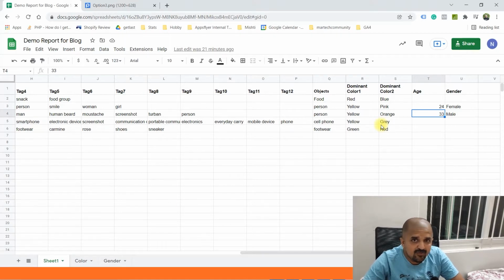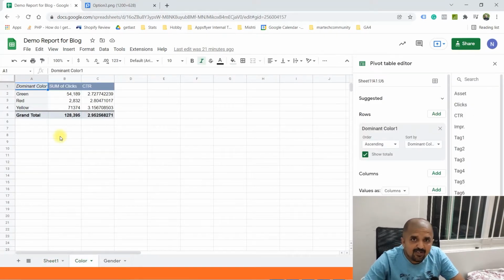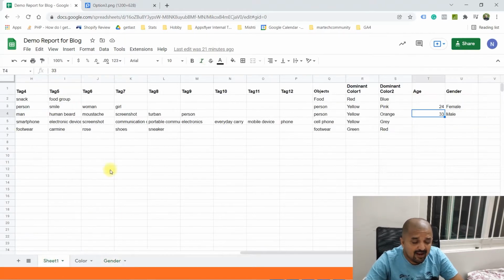All of this information you can get for each and every one of your creatives at your fingertips, with hundreds and thousands of creatives which you will be able to process in a few seconds. And once you have that data, you can easily pivot it to understand what color is working best, as you can see on your screen, just a simple pivot of colors that I already have in my report, or what gender is working best, or the combination of gender and color that is working best. So if you want to know how to make this work, stay till the end, and I will explain how you can make this report for yourself using the Microsoft Computer Vision API and mixed analytics.